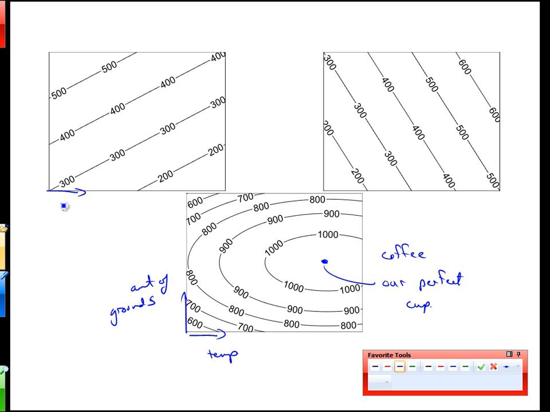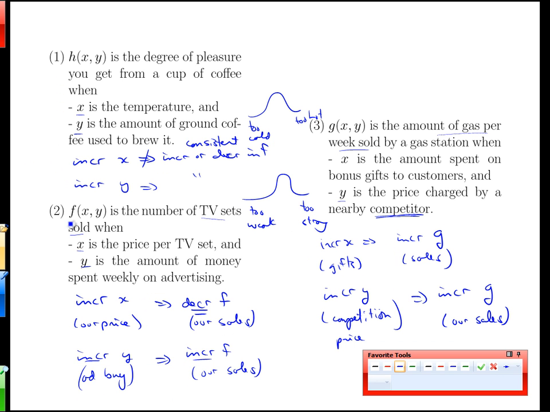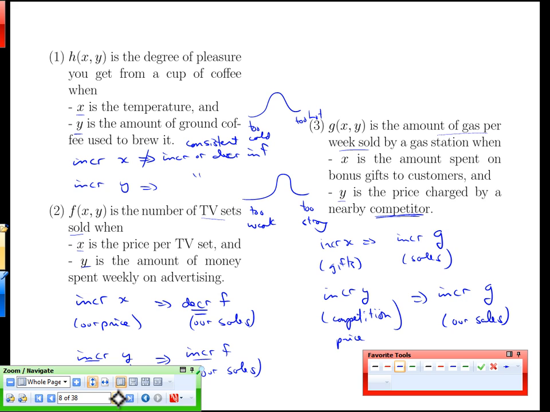Well, as we increase x, we see a decrease in the output. We'll take that in a second and figure out what the variable is. Also, if we increase y, going up this way, then we get an increase in the output variable. Now that shape only matches one of the two things we looked at. It's matching increasing x leads to decreasing f, and increasing y leads to increasing f. So this is our TV sets sold example